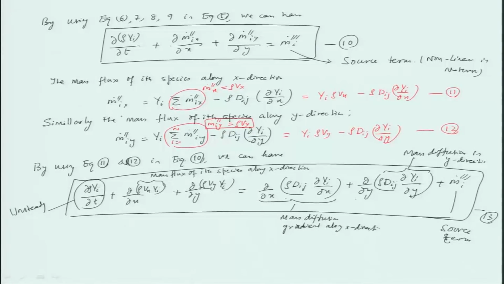So, for axisymmetric geometry, the species conservation equation would be, we will be using basically the r, z, theta coordinate system, but however we will be considering r, z. The species equation becomes